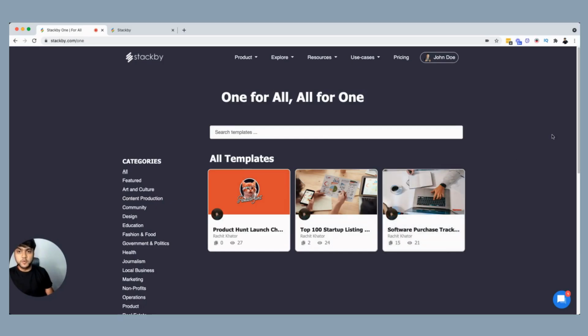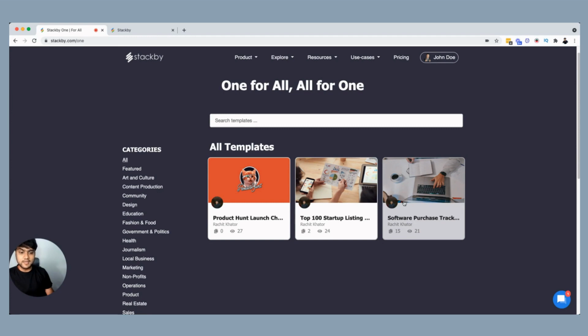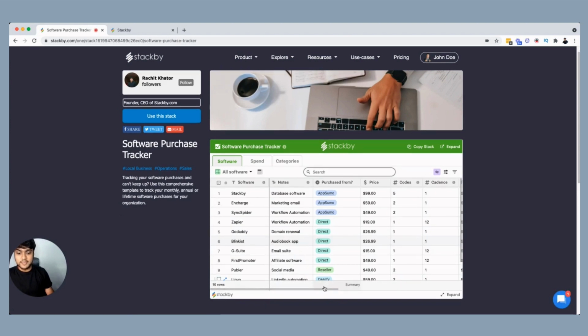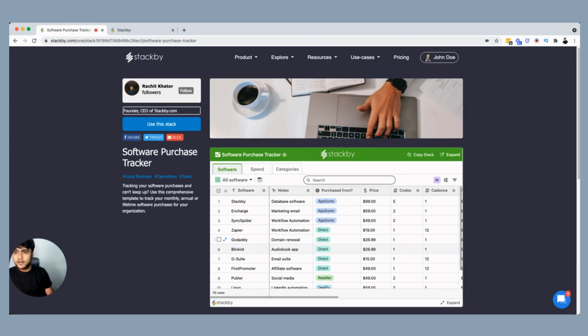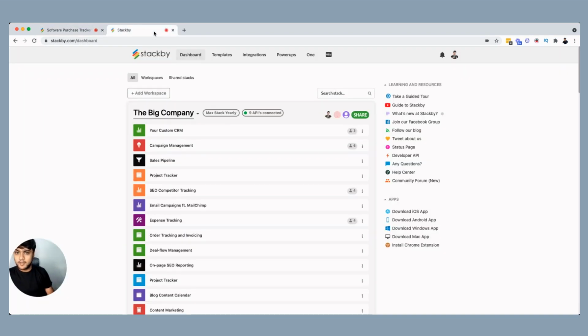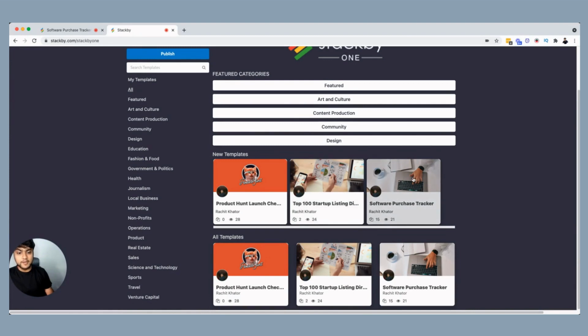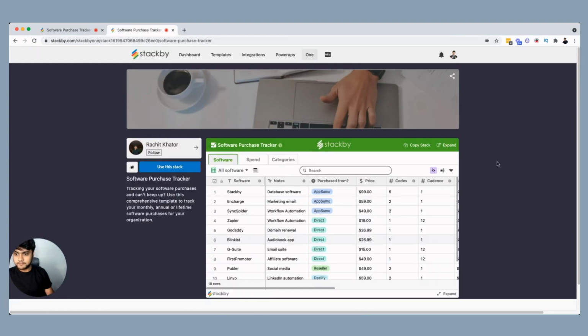So first, you need to go to StackBuy. Now within StackBuy, you need to go on StackBuy 1. So once you come here, you can basically select the software purchase tracker. You essentially see the template, which is recently published in the template gallery in StackBuy 1. Now just log into your account in StackBuy. Now, if you go to your dashboard, you click on 1 here, and you will basically see the template software purchase tracker. And all you can do is just copy this stack